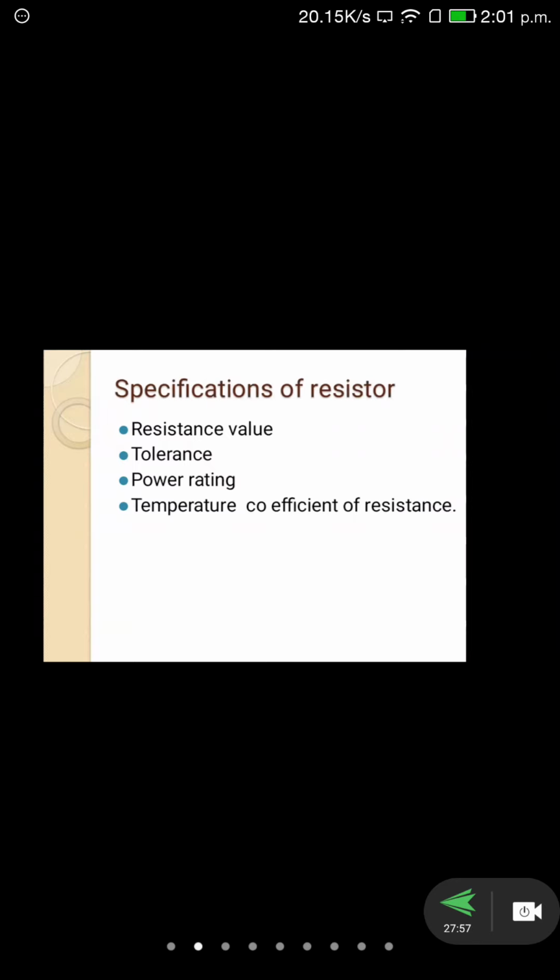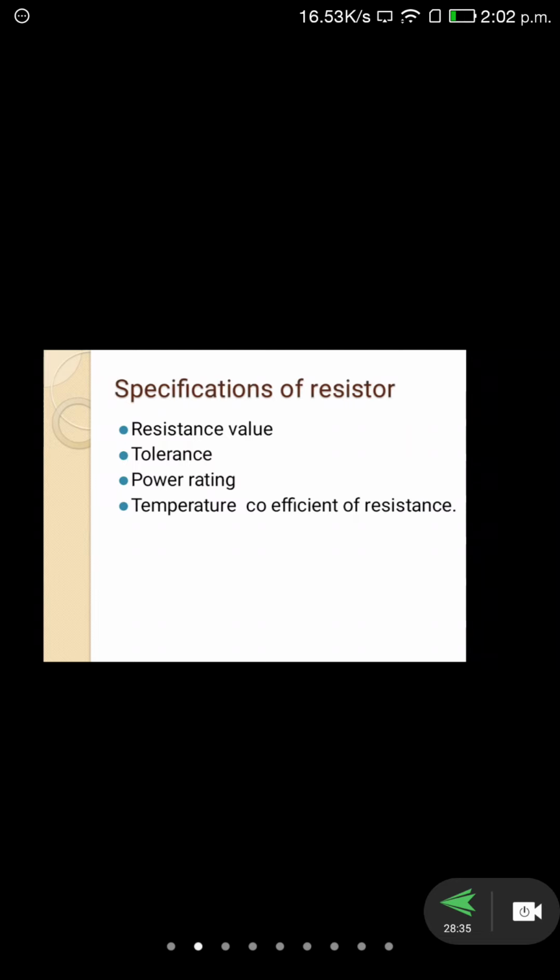It should not deviate beyond 20%. If the value reduces or increases above or below 20%, then we do not use that type of resistor. Mostly the tolerance value can range from 5% to 10%. It may be plus or minus. For example, sometimes when we measure the 2 kilo ohms, it will show 2.1 kilo ohms, above 2000 ohms. Sometimes it will show a value below 2000, so 1900 or 1.9k. So like that it will be measured.